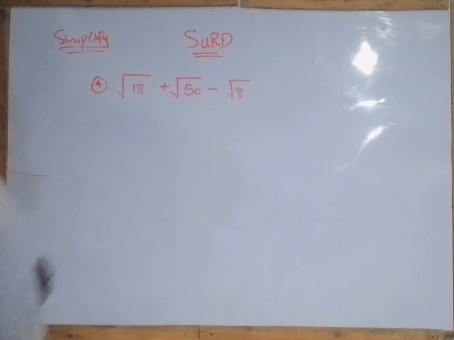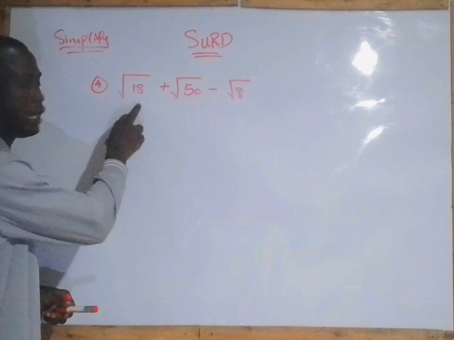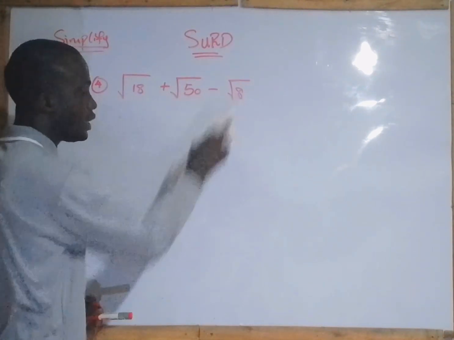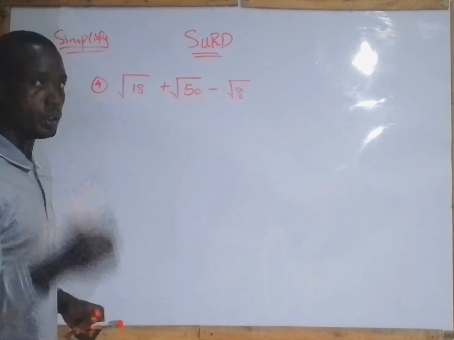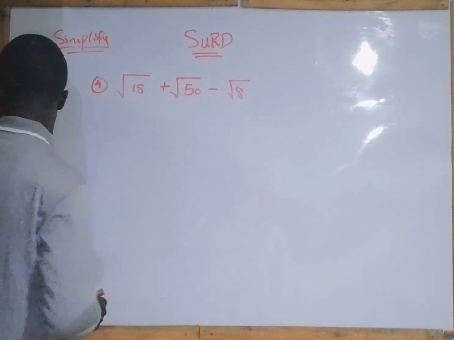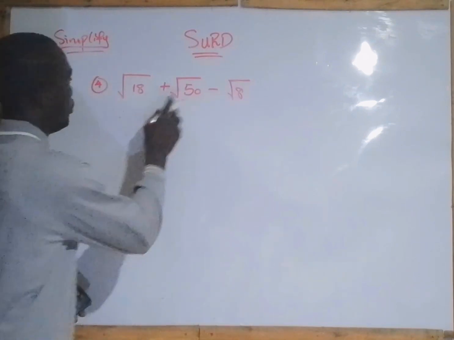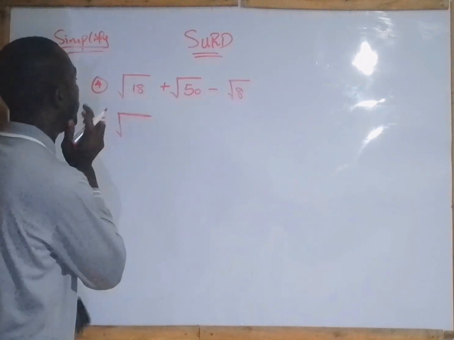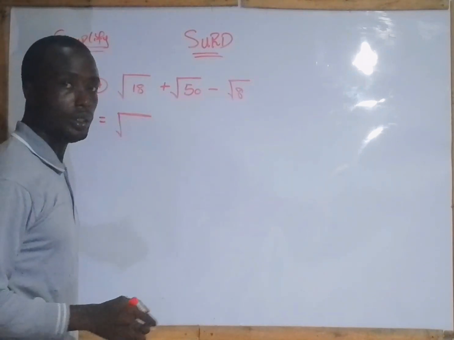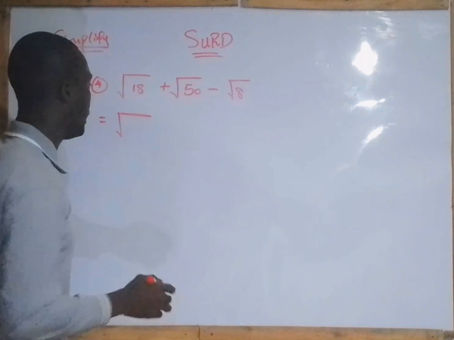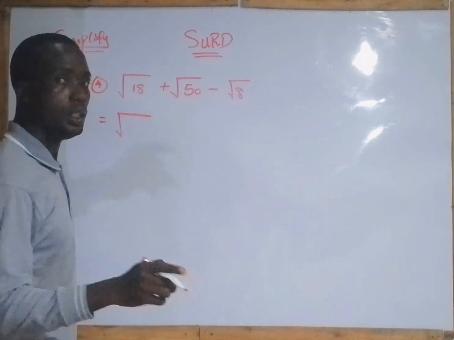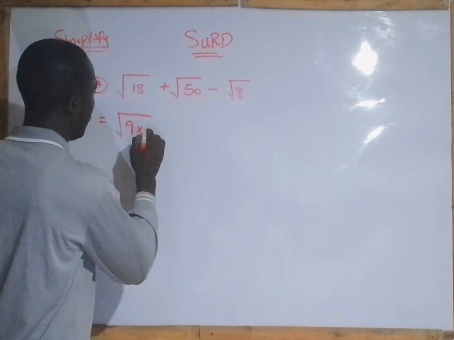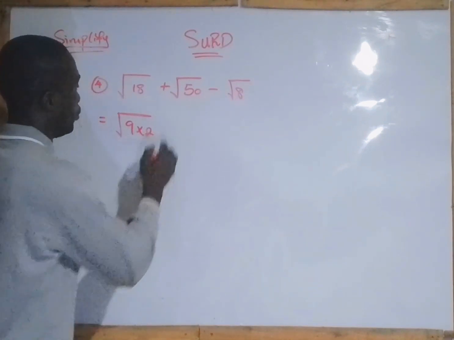So in this place, we have root 18 plus root 50 minus root 8. Just like what I've told us earlier, this is what you do. You bring it down. The first thing: 18 divided by 2 gives us 9. The square root of 9 is 3. So here we have 9 times 2 plus,